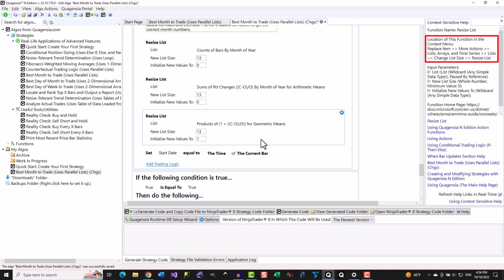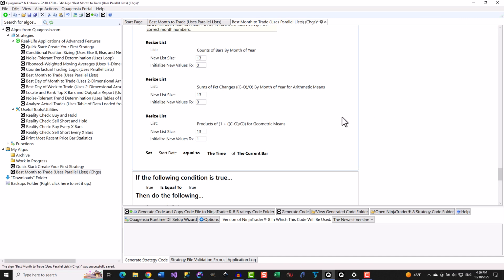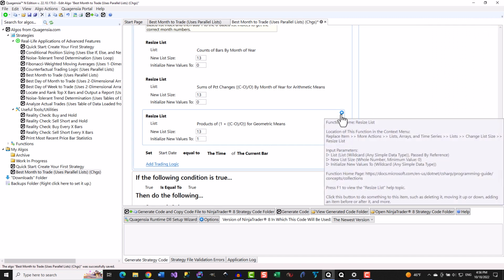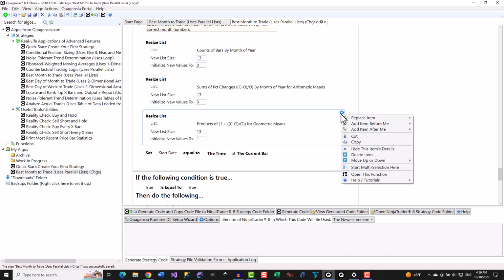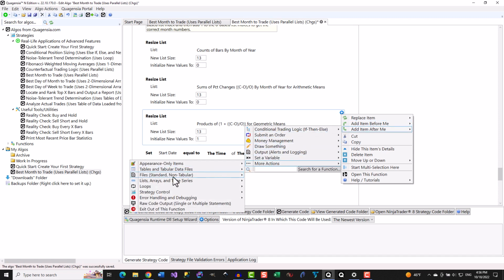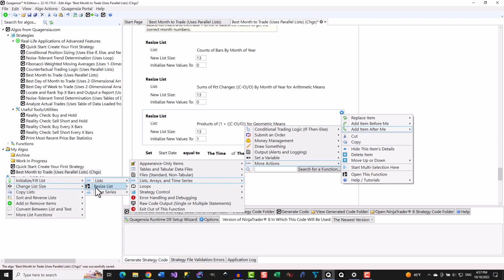Or if the Context Sensitive Help panel is not visible, then navigate to the Context Menu subfolder that is displayed in the tooltip when you roll your mouse pointer over the gear icon to the right of one of the resize list function calls. The tooltip said to navigate to More Actions, List Arrays and Time Series, Lists, Change List Size, and there it is.